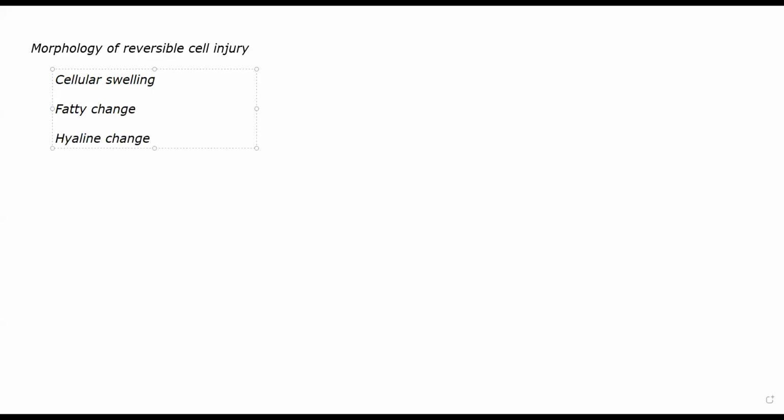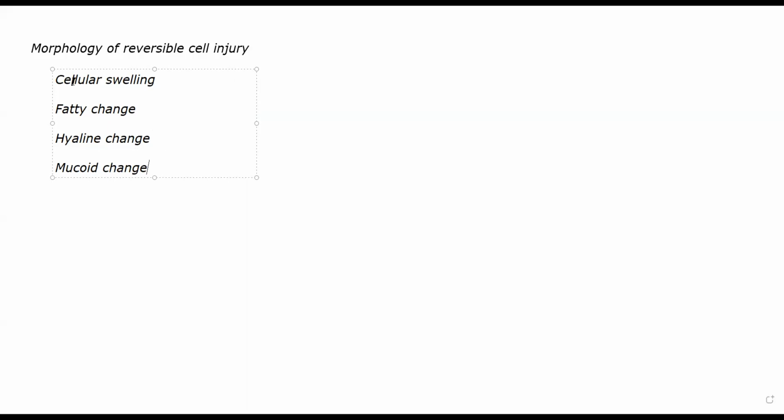Hyaline change, as in what will happen is glass-like opacities. Hyaline is a specific material. It's a protein that will start getting accumulated near damaged tissue and damaged cells. So you will see glass-like opacities being accumulated near and around that damaged cell and damaged tissue. That is one change. Finally, mucoid change. Mucoid change is when a specific substance called mucin will start getting accumulated around the damaged cell.